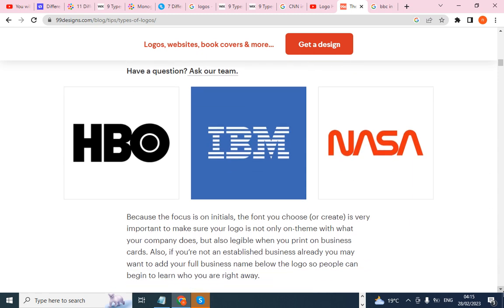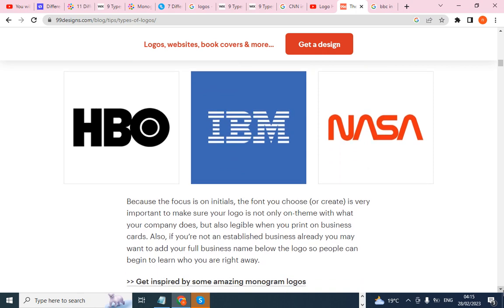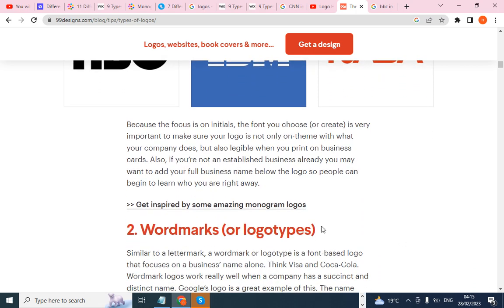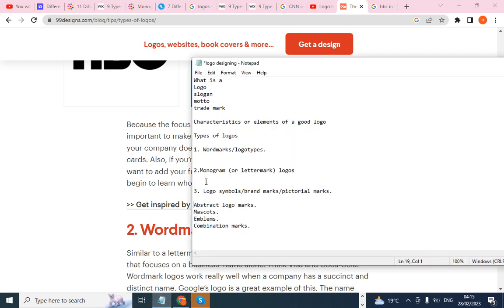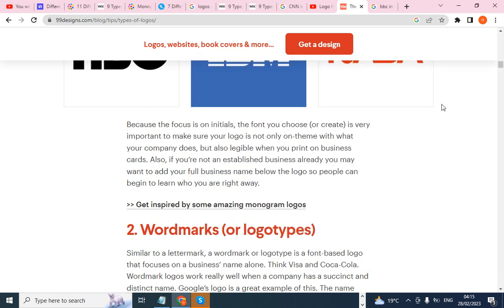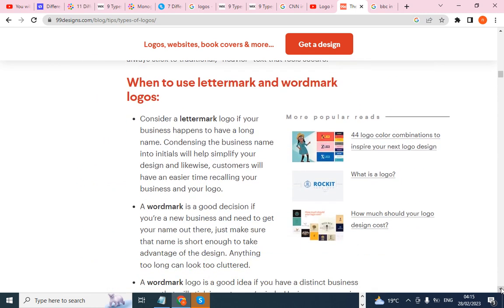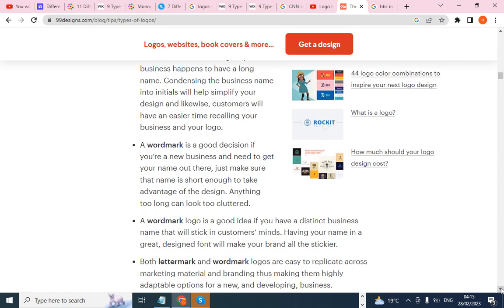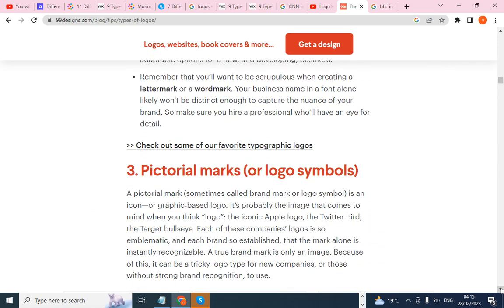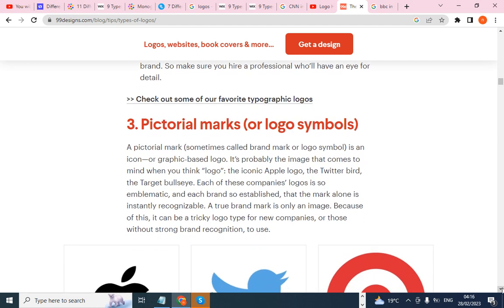So for symbols and brand marks, let me hope that we covered what word marks are. Then when we come to pictorial marks or logo symbols, a pictorial mark, sometimes called a brand mark or a logo symbol, is an icon or graphic based logo. It is probably the image that comes to mind